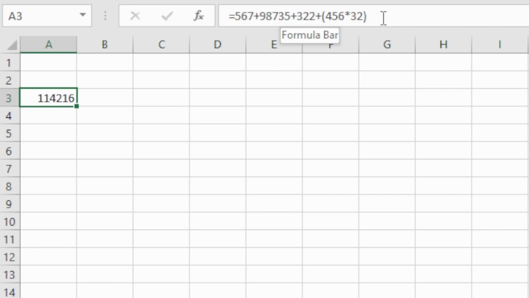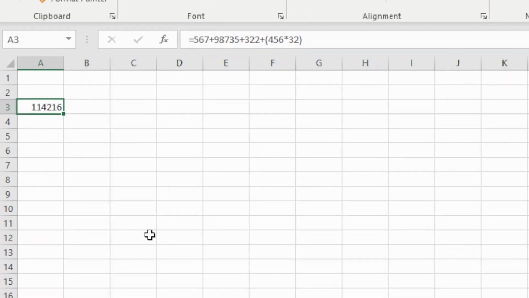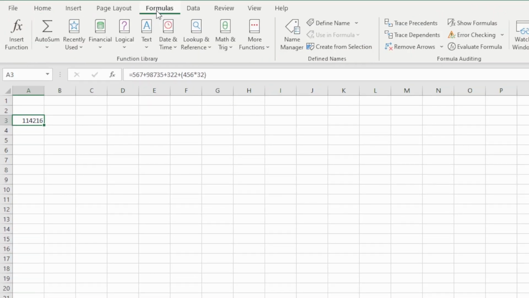Now let's say we want to find out what each of these bits individually actually adds up to, and what number is being created. Again, this is just purely for illustrative purposes. Often you're going to be using this on much more complex formulas with various functions in. But if we click on the cell and then we come up to formulas and go to the evaluate formula option,